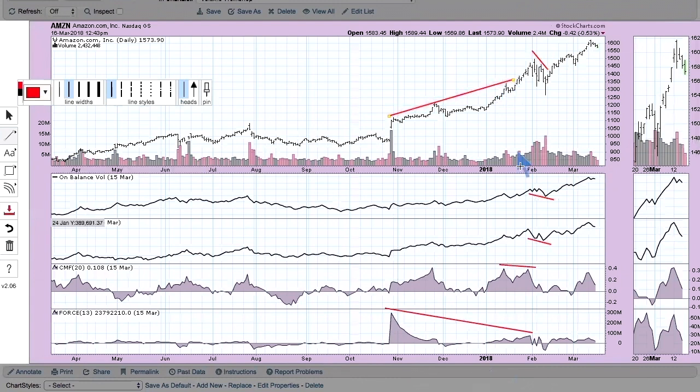And while it didn't occur right away, if you wanted to get really into this, it did come in pretty close, didn't it, to call this correction or a decline in February as far as Amazon is concerned. So interesting stuff, I would say. In the case of the Chaikin money flow, I'm not so sure it told me what I was looking for as far as divergences here. The tops are pretty even here. So I guess you could say they're going down a little bit. So hopefully that gave you at least a visual of how these work.